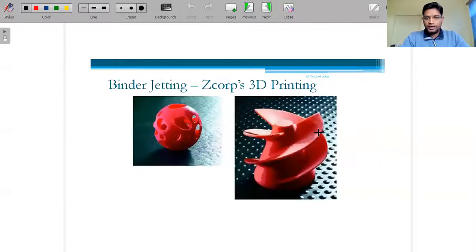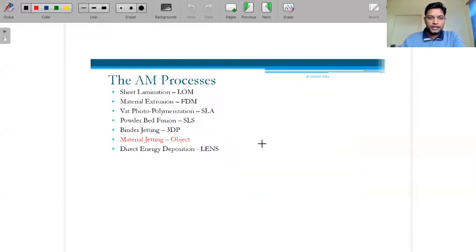If we take this example, it is not exactly the product of this binder jet technique. It does not look like this, but this is the final product after chemical polishing, so whatever surface roughness is there will be eliminated, and whatever sharp edges are there will be eliminated. So this is the kind of structure that we can produce using this technique.